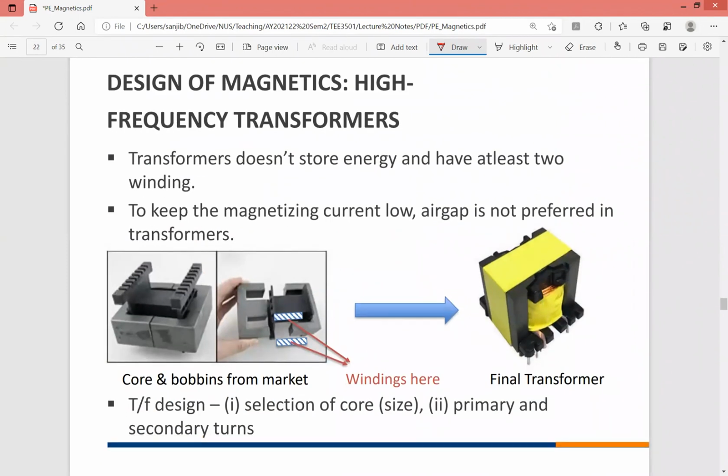Okay, next we'll talk about the design. How do you design? Now, what is the meaning of design? Normally you have to build an inductor or a transformer, which looks like this. In fact, these are normally hand built by researchers or developers of converters. Why hand build? You can buy different parts you can order, then you can choose the number of turns as per your requirement, and then you can actually